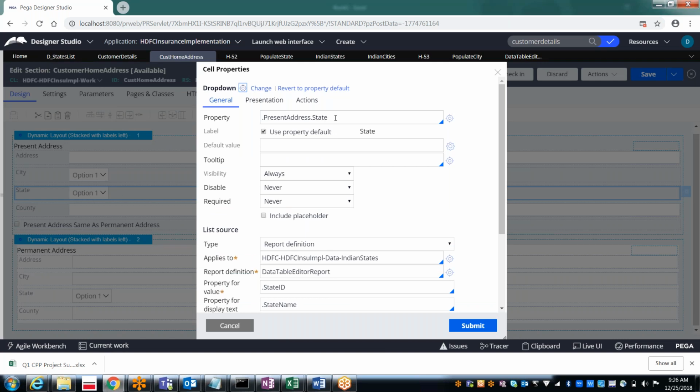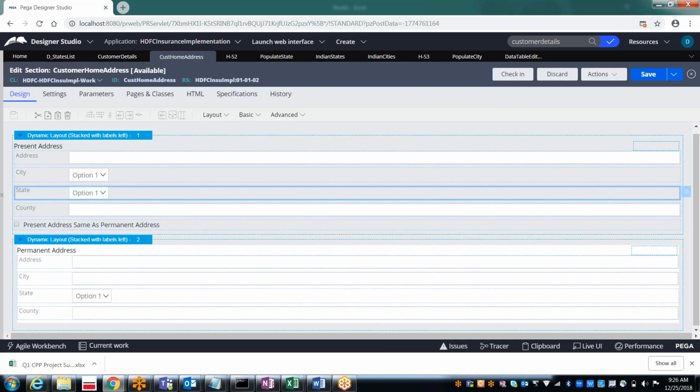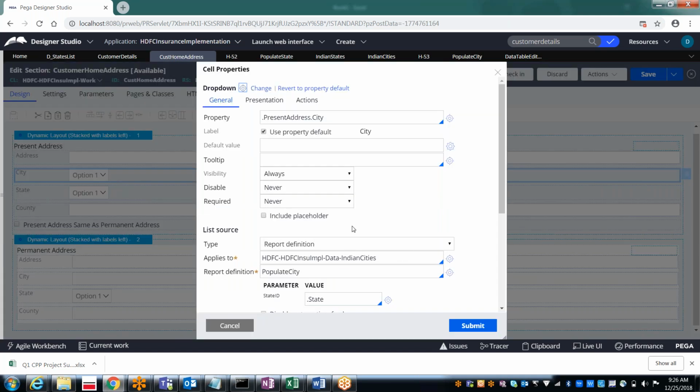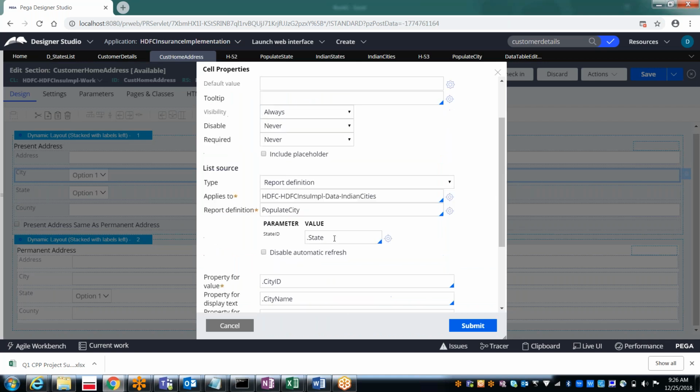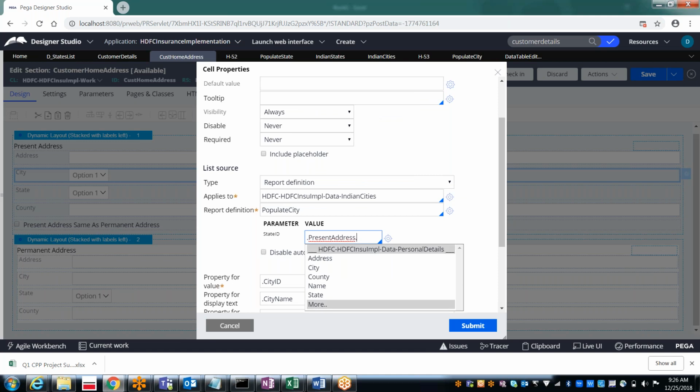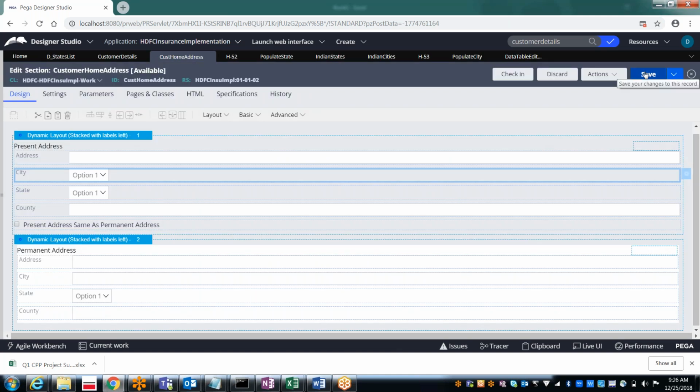That will be under the property of state. That value we want to pass to the city. So like that we have to give it here. Or if it is under the present address, then we need to give present address dot state. Submit and then save it and then run it.